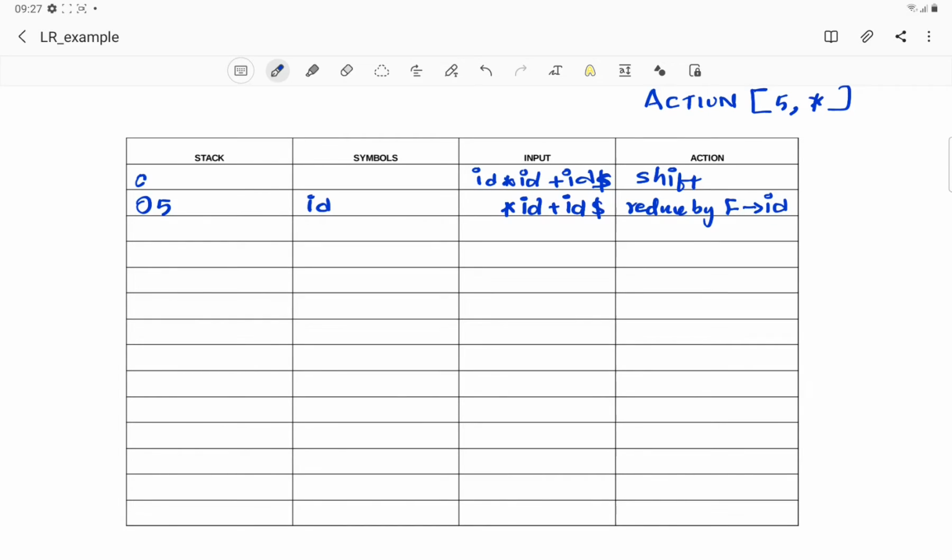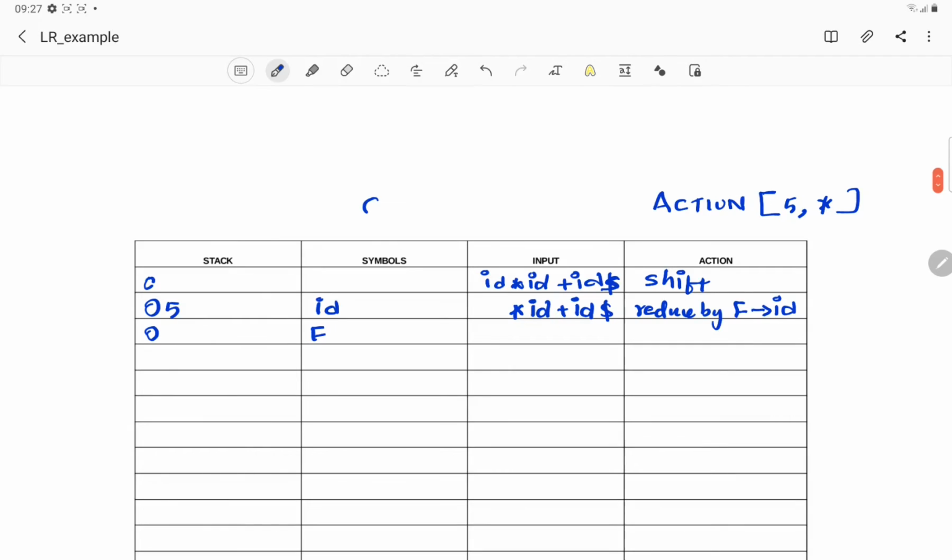We have to reduce by F gives id. So the length of the right hand side of the production is 1, because there is only one symbol, id. So we need to pop one state off the stack, and so the stack will become 0. This 5 will be popped off. And here, instead of id, the corresponding symbol will be F. Then next we have to compute goto of